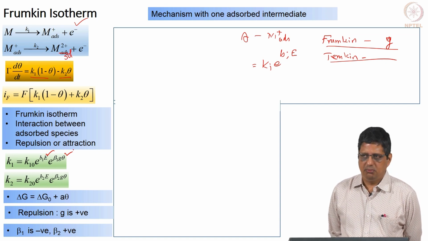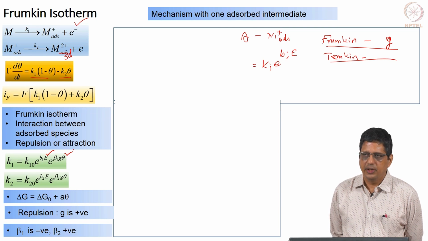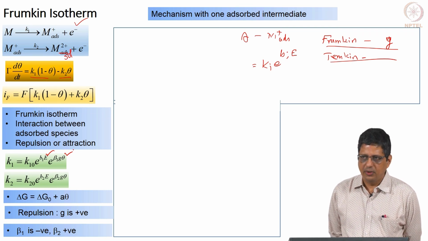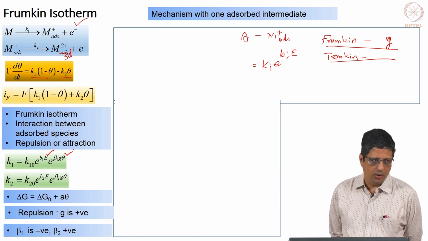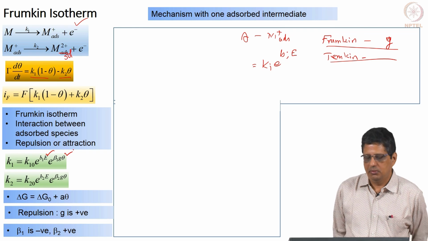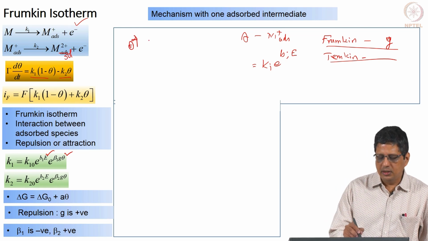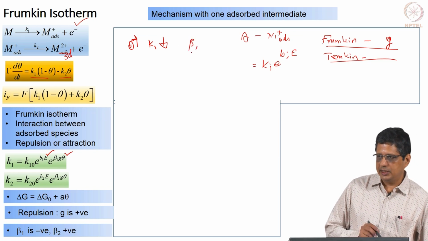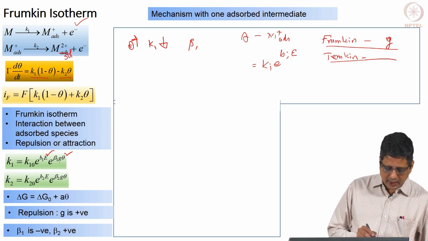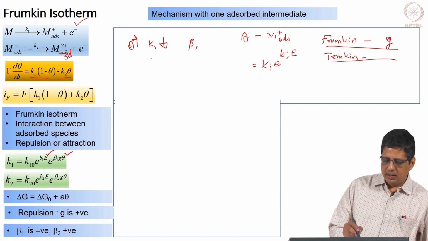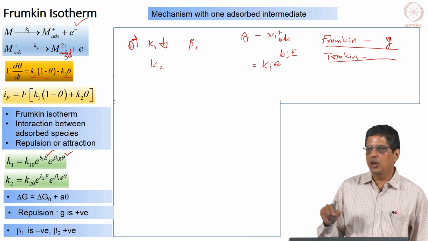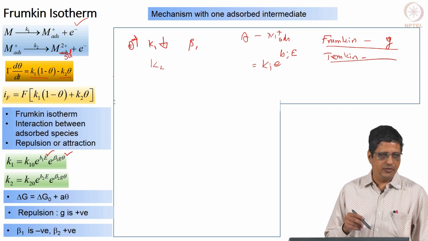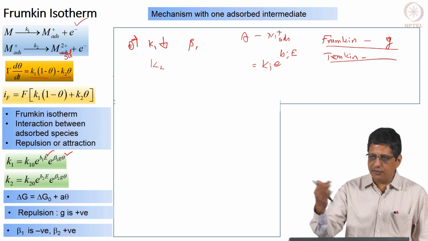The first rate, the first equation, first step, that is going to be the formation of M+ adsorbed. So, we expect when theta is more, k1 will decrease. Therefore, we should say when theta increases, k1 decreases, which means beta 1 has to be negative. g is positive. I want k1 to decrease when theta increases, that is going to happen when beta 1 is negative. k2, on the other hand, removes M+ adsorbed. So, if you have a lot of M+ adsorbed, the fractional surface coverage is high. Since they repel each other, it is easier for them to go out.